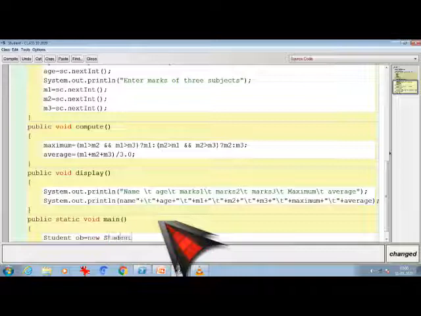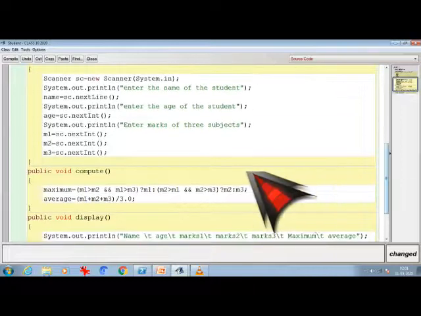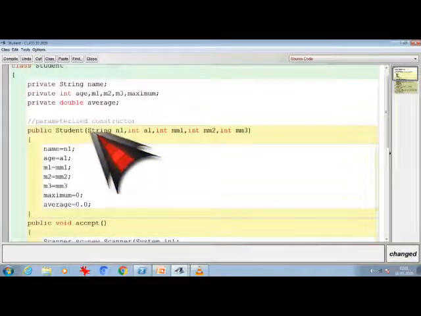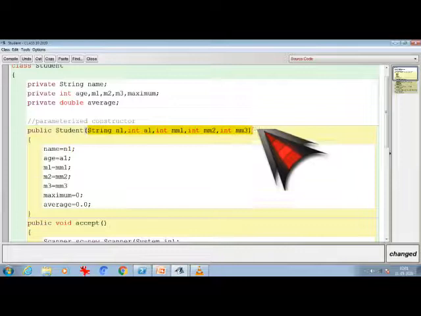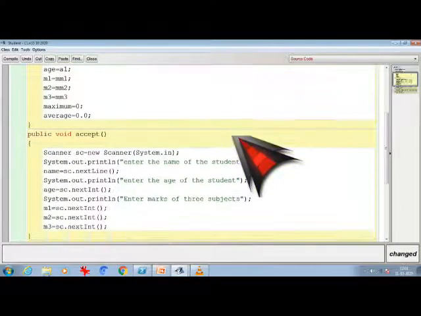Now if I do it like this, it is going to call not a parameterized constructor but a default constructor. But when we have a parameterized constructor, we have to pass some values. So here I am putting the exact values to pass, and we have to follow the exact same order. These direct values we can pass.